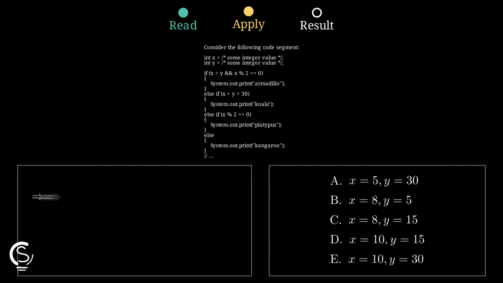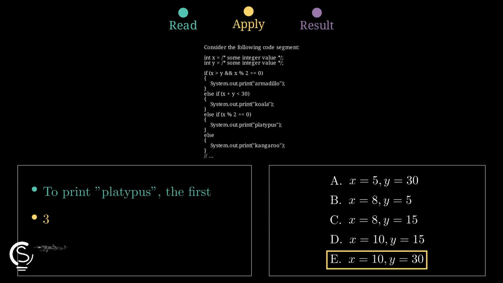Since condition 3 says x is even, condition 1 can only be false if x greater than y is false. Therefore, we need both x less than or equal to y and x plus y greater than 30 with x even. Check the choices. A, x equals 5, y equals 30. X is odd, so the third condition is false. B, x equals 8, y equals